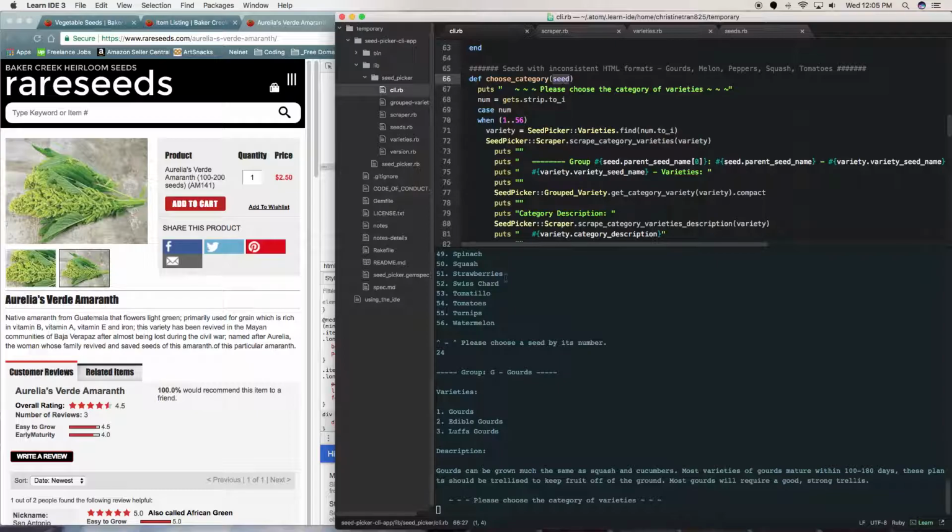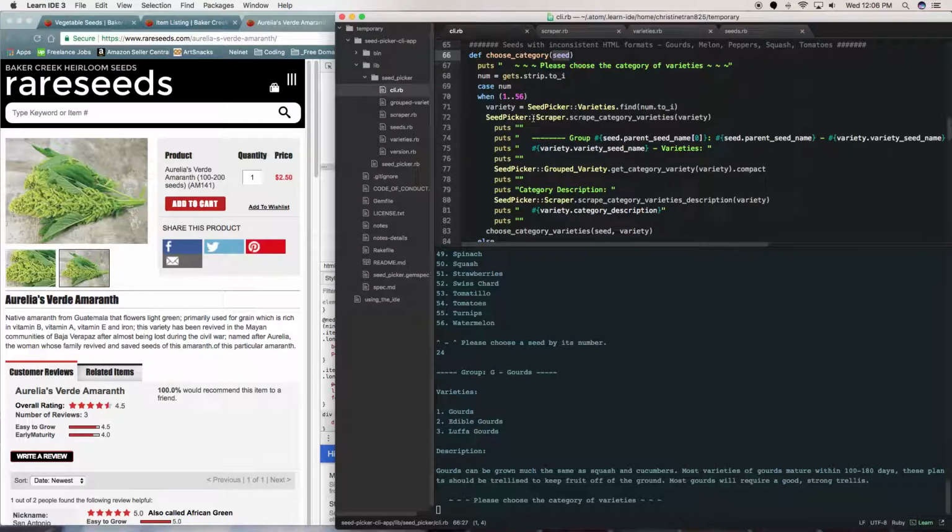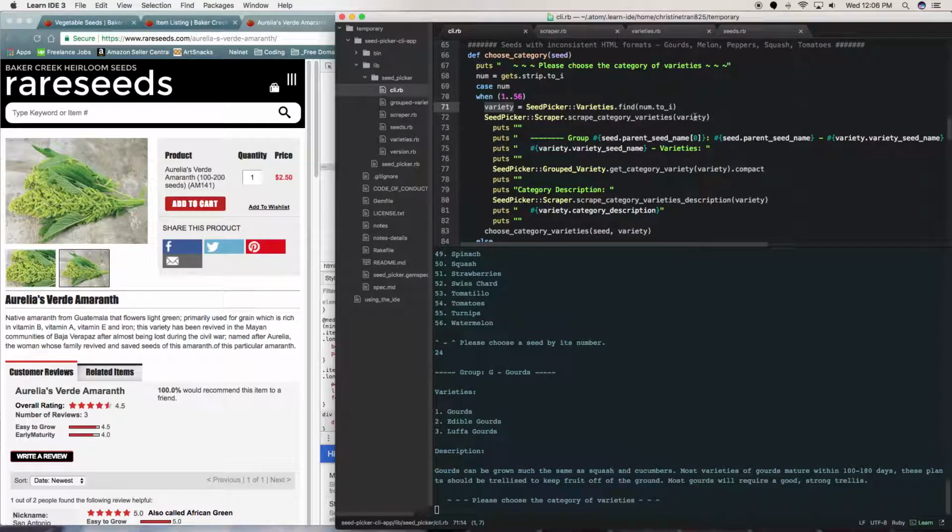So we're still passing gourd, which is still a number 24, and gourd is being passed through the choose category. In this case, the category is still being read as if it were a variable, a variety, similar to how we chose Amaranth and we saw a list of all the Amaranth seeds. So if it's still being treated that way, that's why I'm calling the variety seed here. And what I'm trying to do is I'm calling on this variety, which is now the category within the scrape category varieties method. So I'm passing in the variety. In this case, I'm choosing 1 for the gourds. So seed, parent seed gourd, its category seed gourds, plural, is being passed into the scraper method